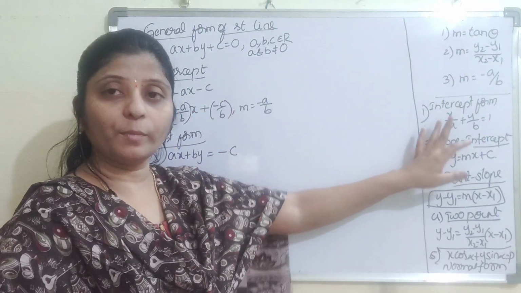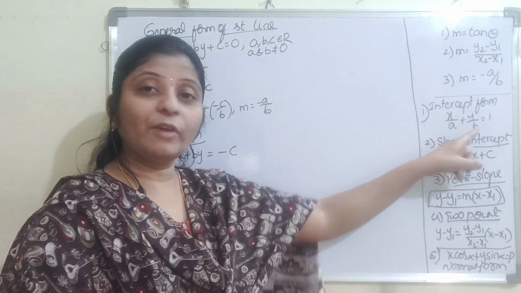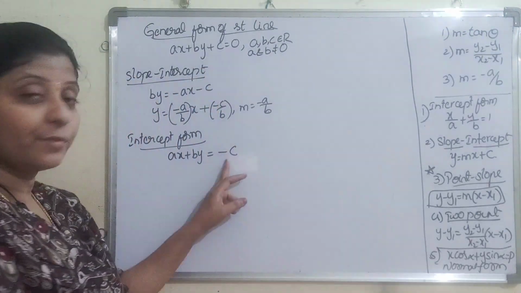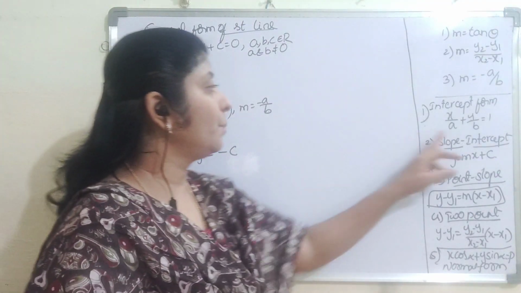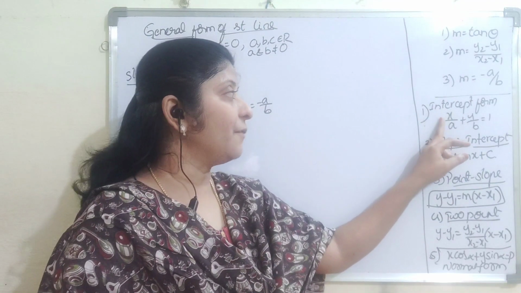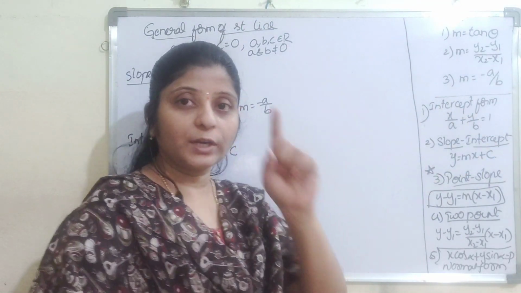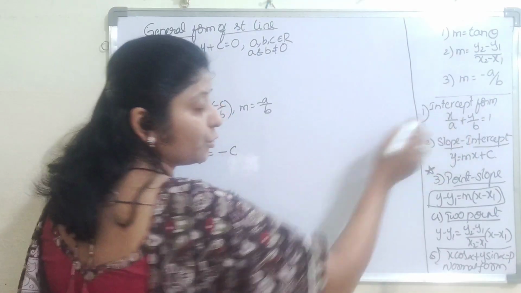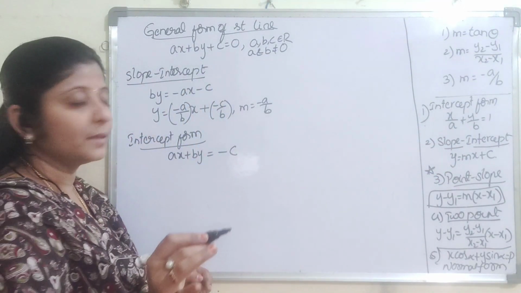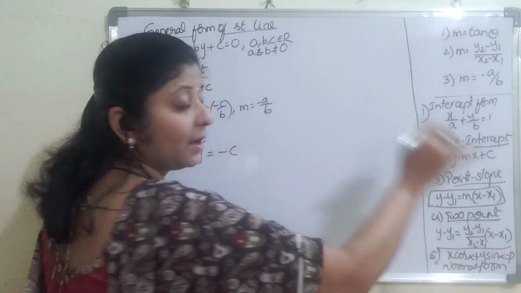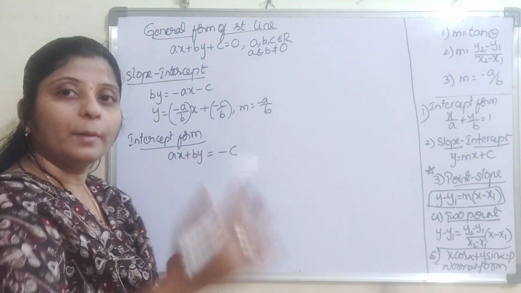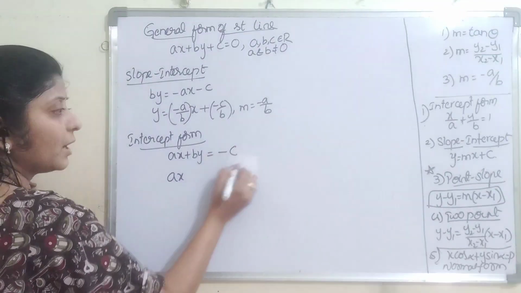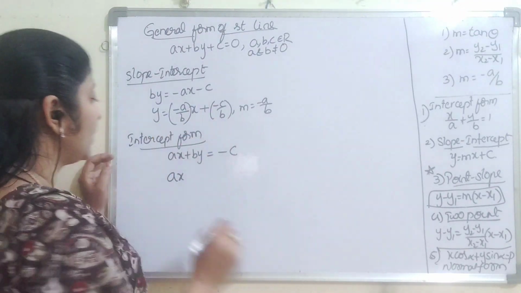For intercept form, xy terms should be on one side, constant should be on the other side. So we have sent the constant. And the next step is convert the x coefficient, y coefficient in the numerator to 1. And in the middle you should write only plus. If it is minus, you have to bring all the stuff into the denominator itself. First divide; you have to convert the right side also equal to 1.